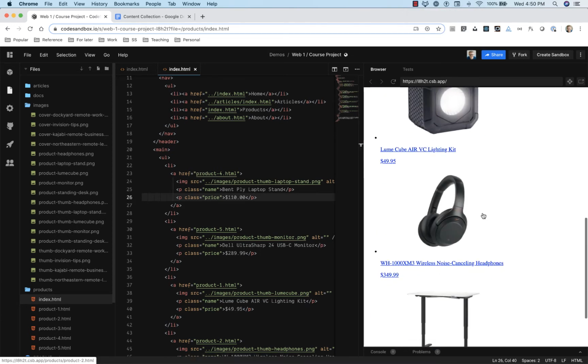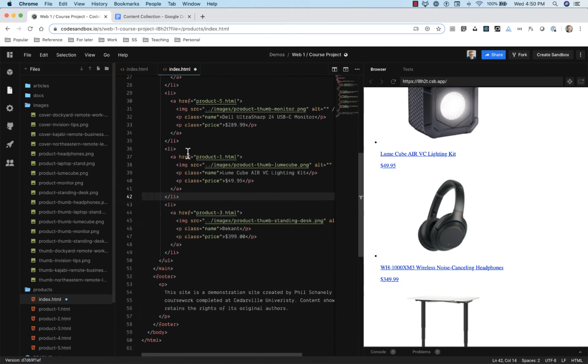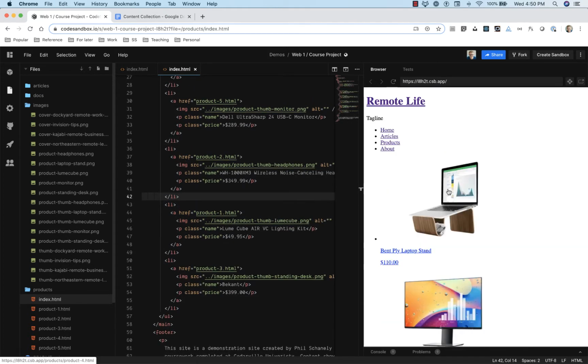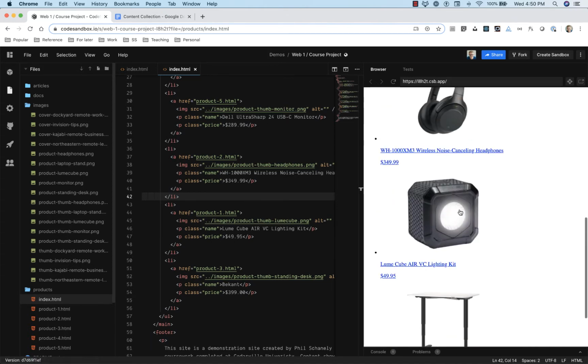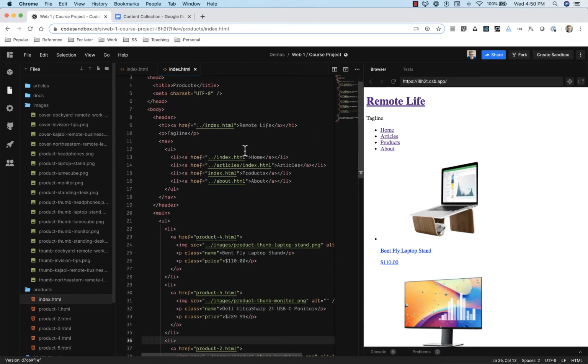Okay, yep. I think then I want the headphones above the LumaCube. Okay. There we go. All right, that looks pretty nice. All right, so now let's switch over. I think we're in good shape on the products page. So let's switch over and now,